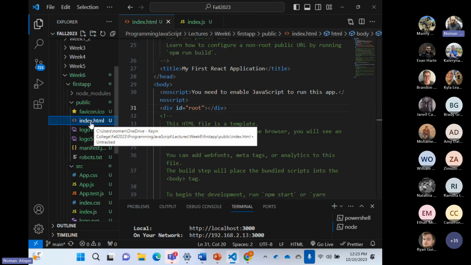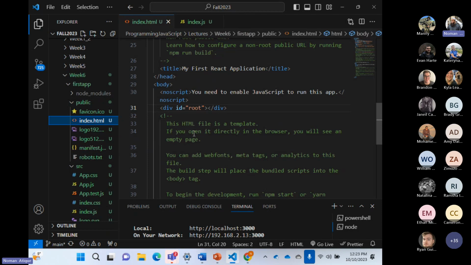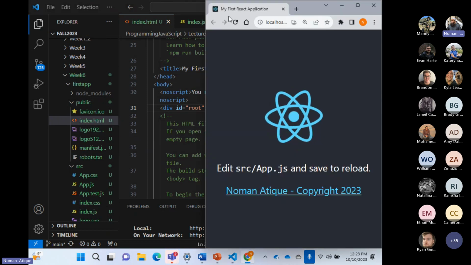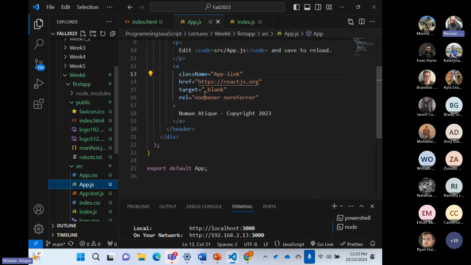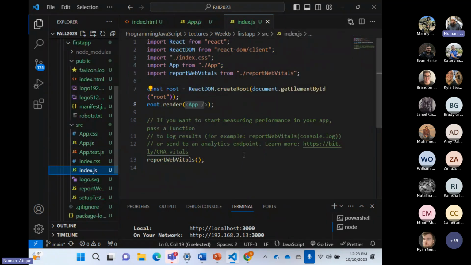We have an index.html, which is the main page running. I told you that I changed the title, and I see the title updated over here. This file has a div with id equal to root. What it is doing is running an app.js component. But who is binding them together? Index.js. What does index.js do?